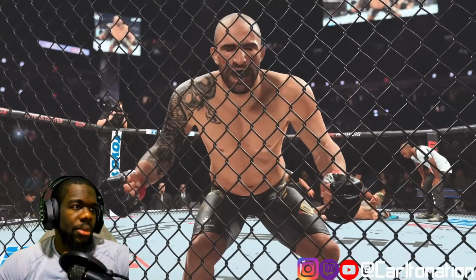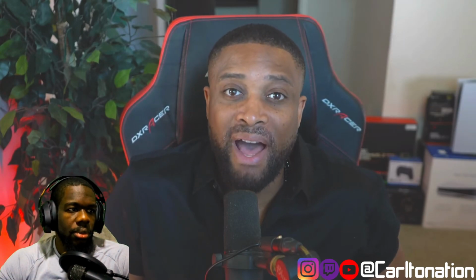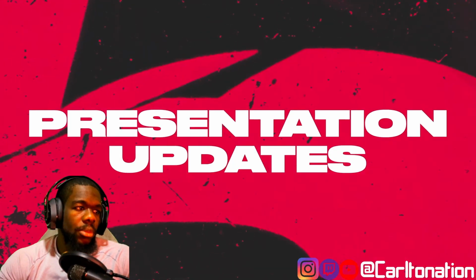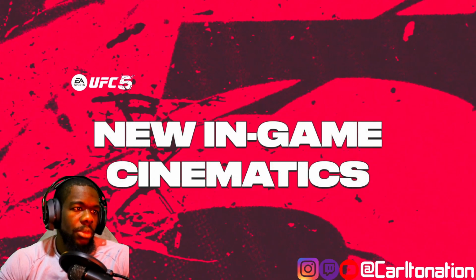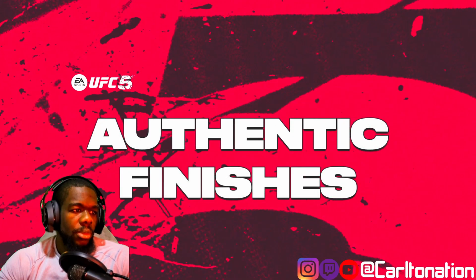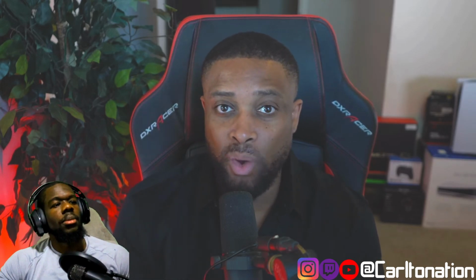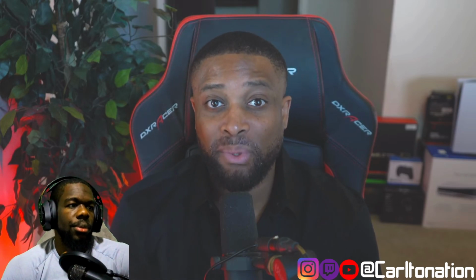Gorgeous shot to end the fight right there. Welcome to the deep dive into the presentation of EA Sports UFC 5. Let's take a look at the features that create UFC 5's new presentation, including the Frostbite engine, visual effects, new in-game cinematics, advanced fighter likeness, cinematic KO replays, and authentic finishes. My name is I'm a Boxer, a part of the design council for UFC 5 and an EA Sports UFC content creator. I was able to interview EA's art director of UFC 5,